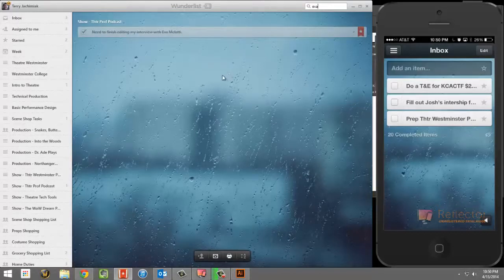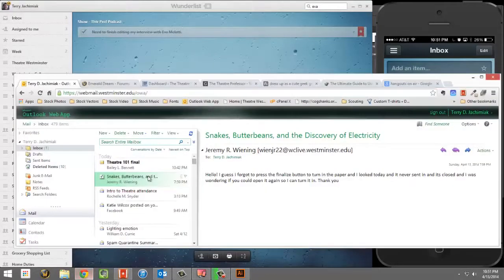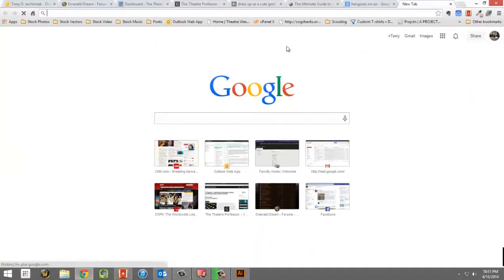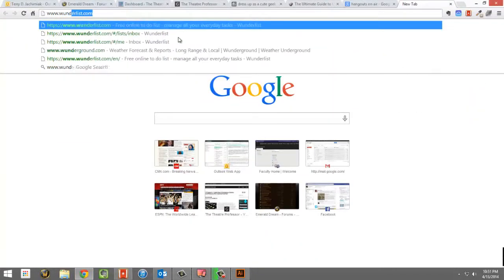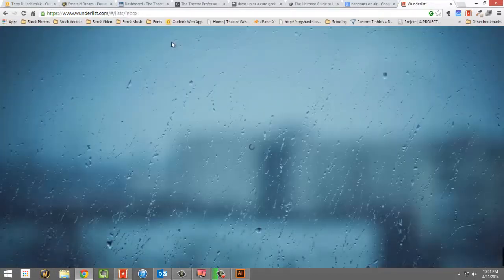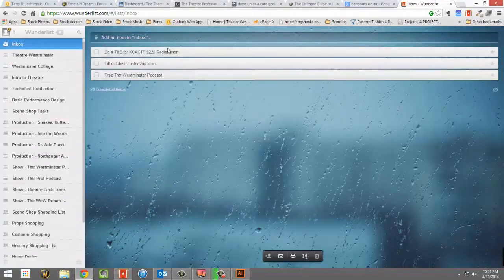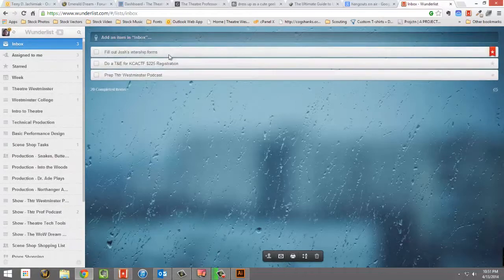Wunderlist can be used not only on PC and iPhone, but also iPad and Mac computers. If you go to www.wunderlist.com, it'll bring you to their website. Now, I'm currently logged in because the other wonderful thing about this is that it does have the ability to see it online. So if you don't have your phone or you don't have your computer and you're using someone else's computer,